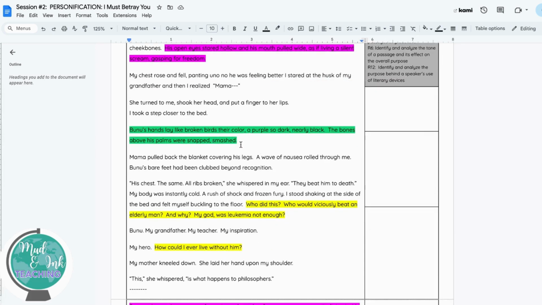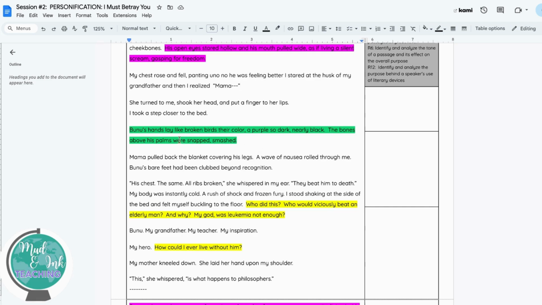That's not what killed him, right? So we know that we've got some color symbolism coming in here, and we also have this broken bird comparison, right? Really leaning into this is an elderly man. Whether or not he had powerful knowledge or something that he knew, he was a pretty defenseless and fragile person. And that didn't matter when his bones were snapped.